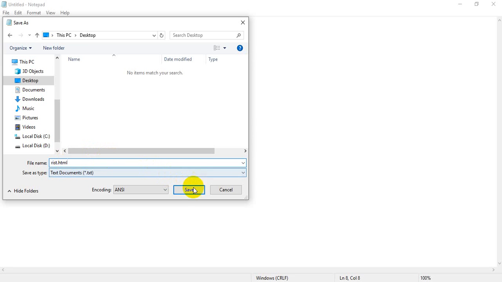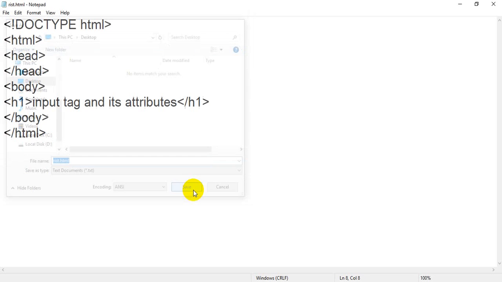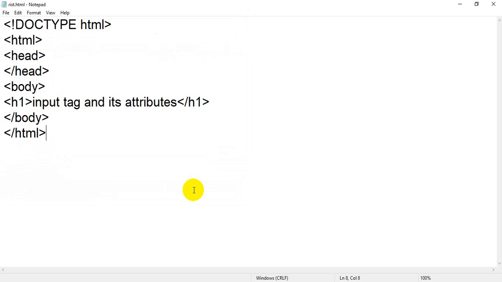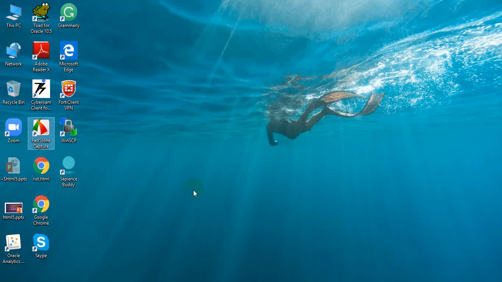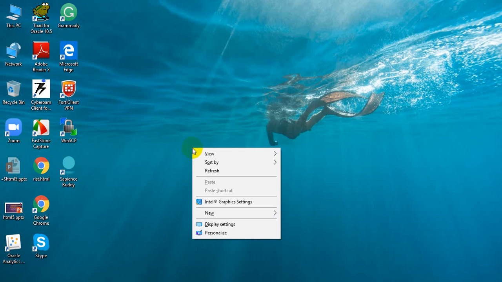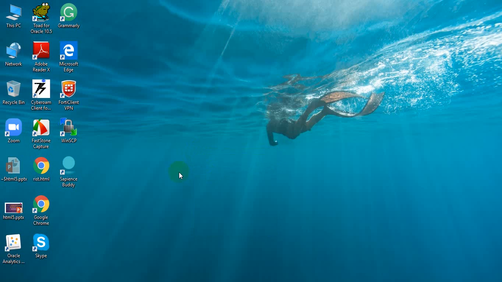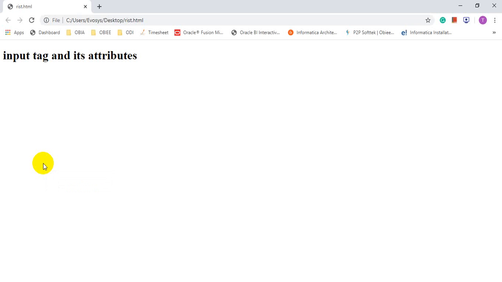This dot html I have given to the name. So save the file. Now flip back to your desktop and see where your file has been saved. Yes, here this .html is already created on your desktop. Double click on this file, that is your browser.